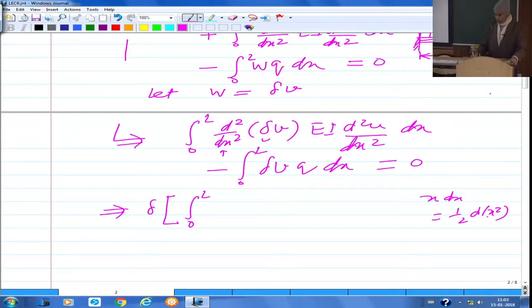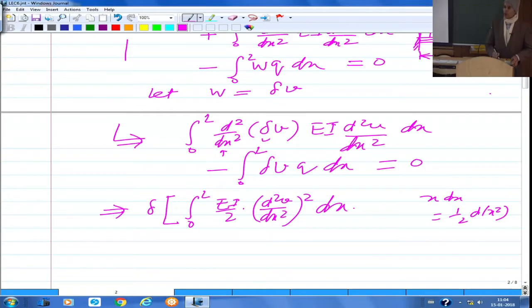So x dx's are, when you do this d of x square, which is 2x dx, so you get the same thing divided by 2. Same here, this is like delta of d2v by dx square into EI into d2v by dx square. So that can be written as delta of EI by 2 into d2v by dx square whole square dx. So that's the first term when you take out delta common, because right now what is written is,